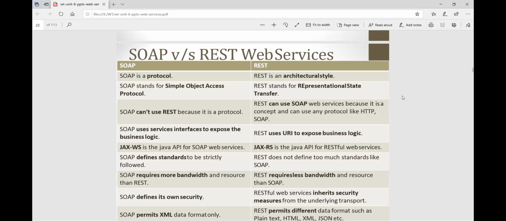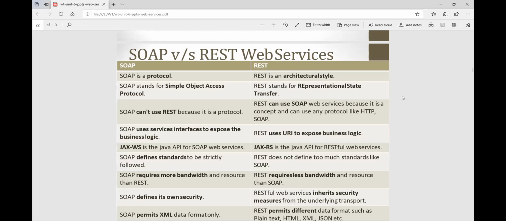JAX-WS is the Java API for SOAP web services, but here JAX-RS is the API for REST web services. Then SOAP defines standards to be strictly followed, but REST does not follow standards strictly. SOAP requires more bandwidth and resources than REST. REST requires less bandwidth and resources than SOAP.